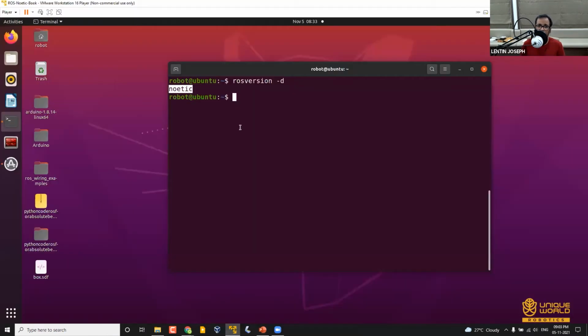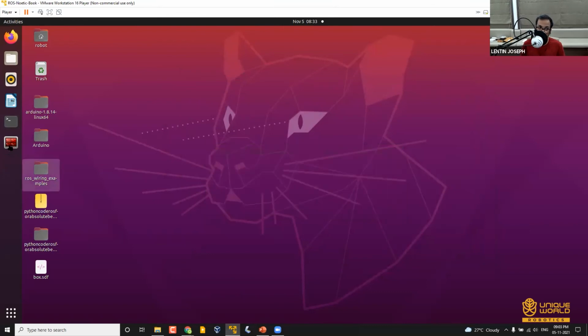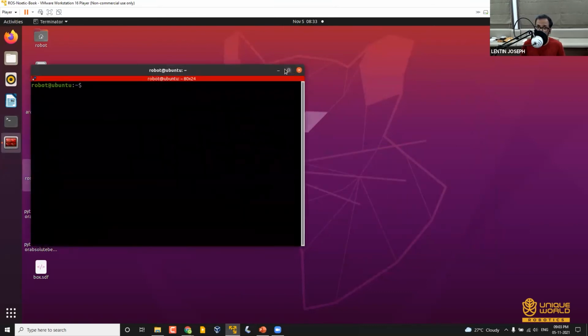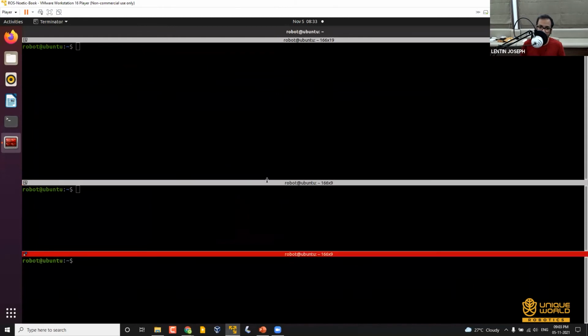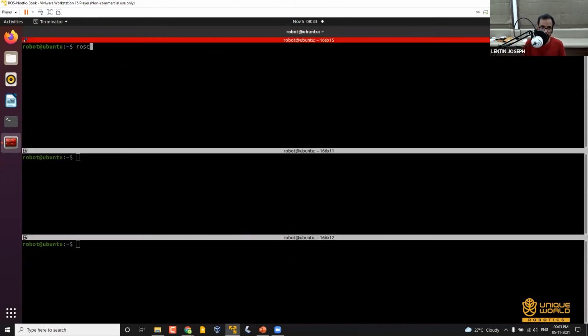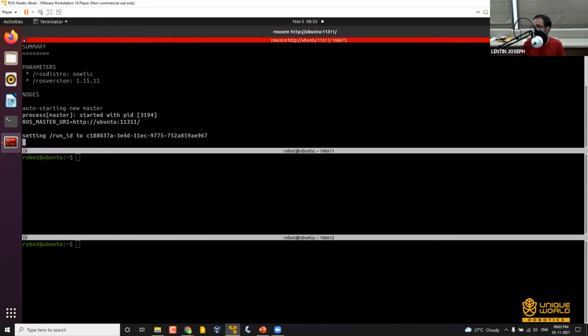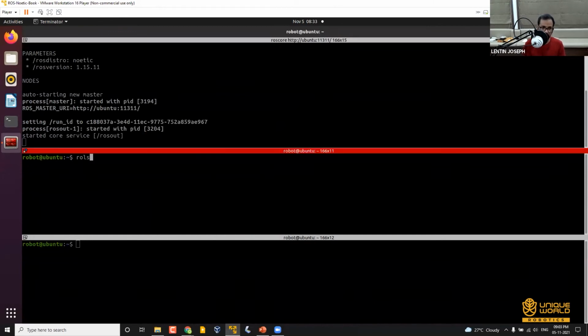I just want to show you a very basic example of communication between nodes. Here I'm showing the communication between 2 nodes. I'm starting a node called talker, which is an example node present when you install ROS.